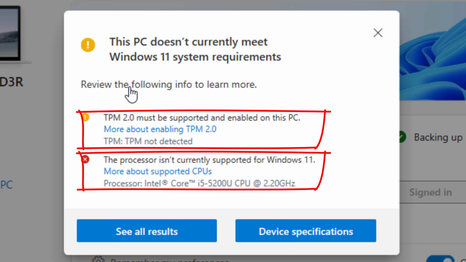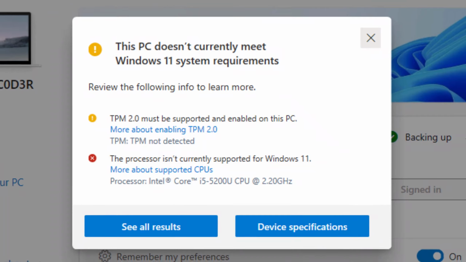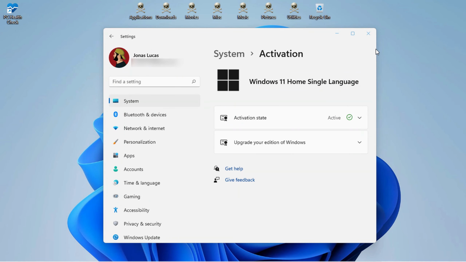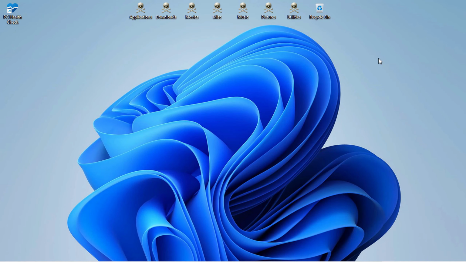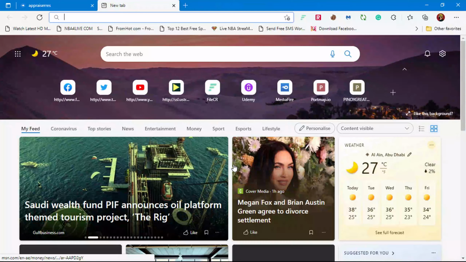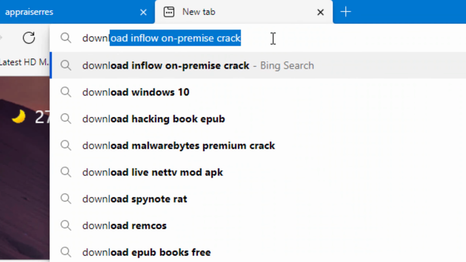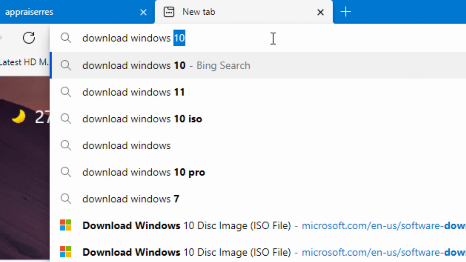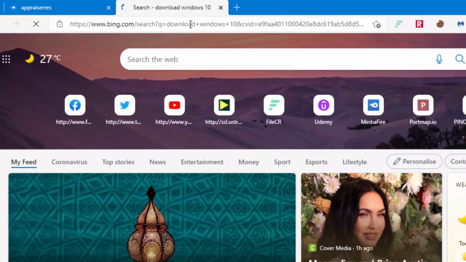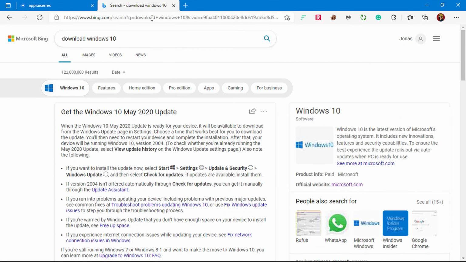Let's work around that. I will be using the best method, which is 100% working, and that is to combine the Windows 10 installer with the Windows 11 installation files. The first thing we need is the Windows 10 ISO. There are a few ways to download that. One is by using the Media Creation tool. Two is to let your browser tell Microsoft's website it's not a Windows machine.